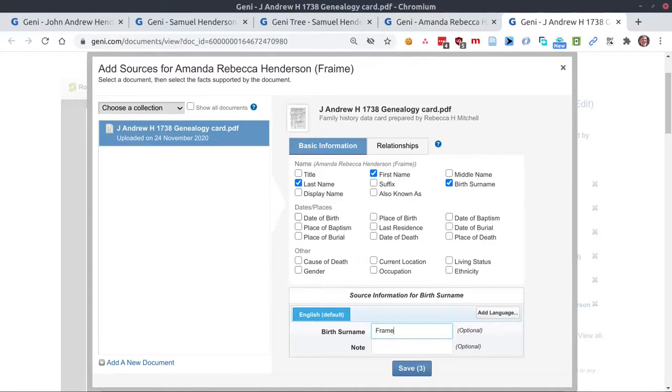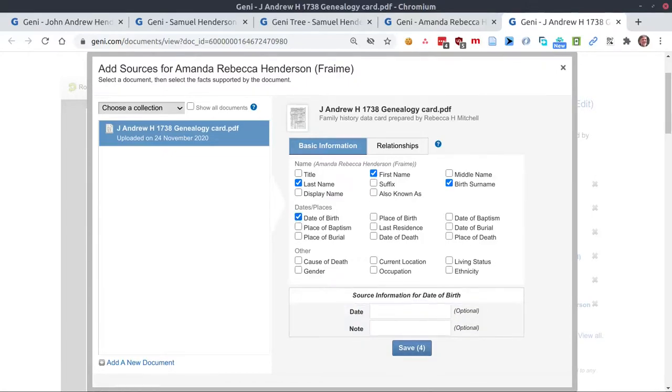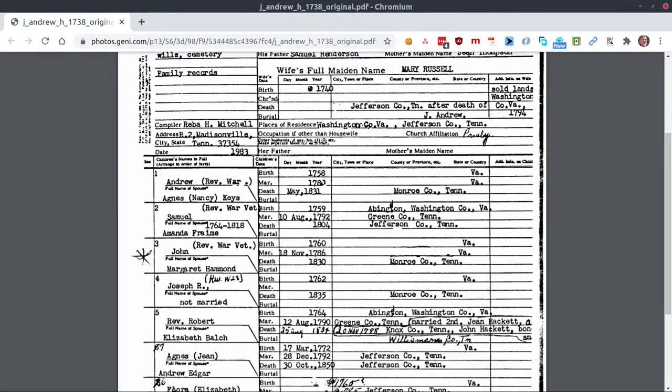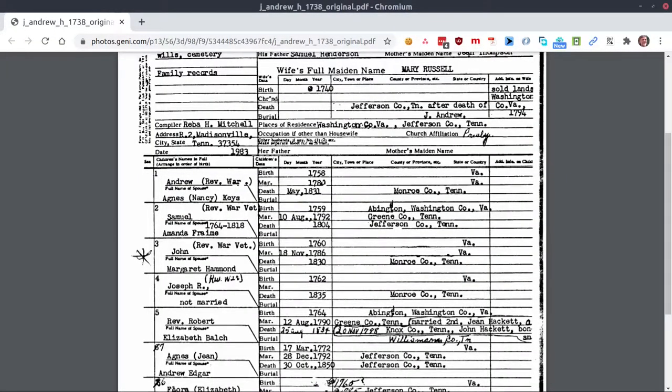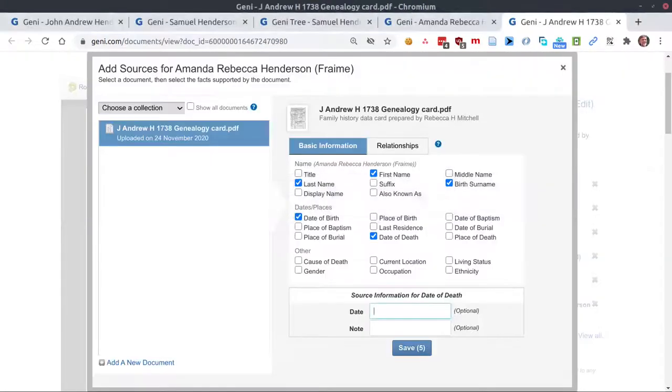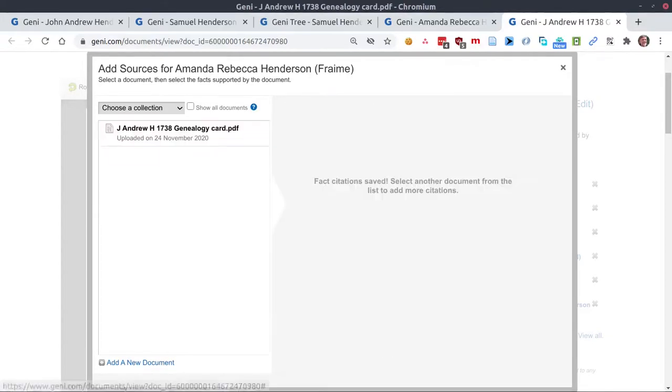And it gives us her date of birth, what was her date of birth, 1764. And it gives us the date of her death, which was 1818. That's good. Let's save that and come back again,